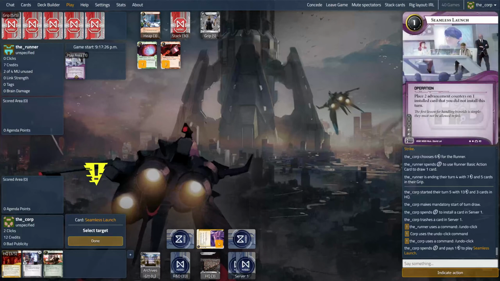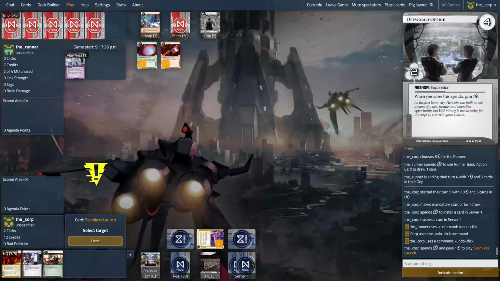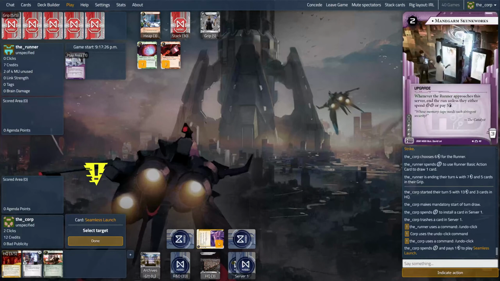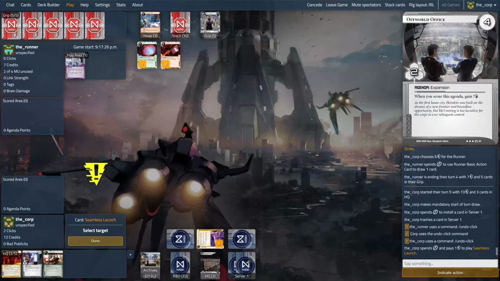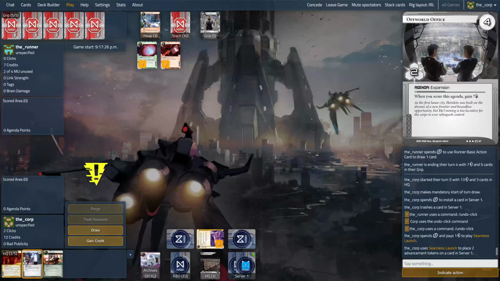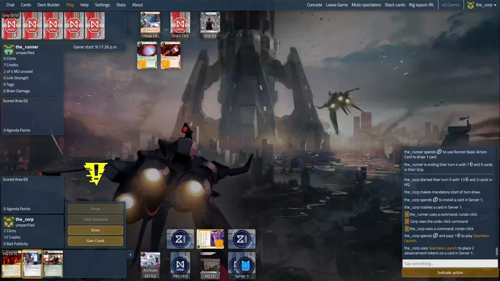But come on, I'm playing a Seamless Launch. I want to place 2 advancement counters on 1 installed card that I did not install this turn, which is totally what happened. With that Off-World Office, I make sure that I don't choose Manegarm Skunkworks. I have to make sure that the highlight of the card on the right side shows the Off-World Office. I click it, and then you see, and this is an important thing for the corp,